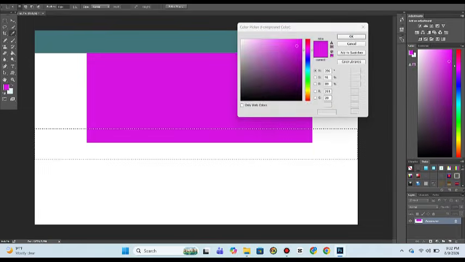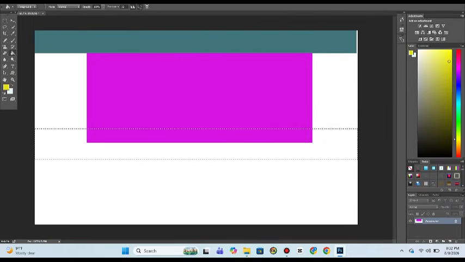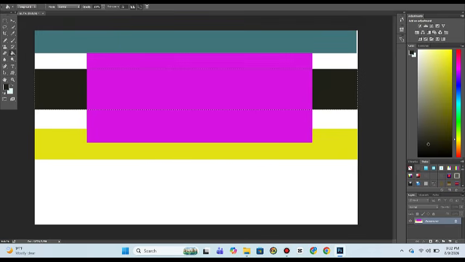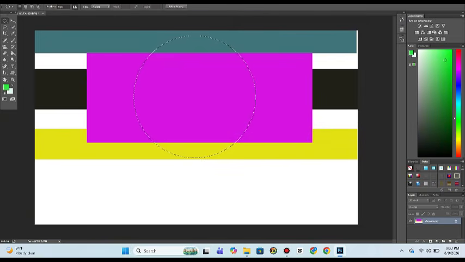Choose the position. Outside places the border around the element's edge. Inside places it within. Center splits it across. For product photography borders, use outside at 2 pixels with a white stroke. It separates the product edge cleanly from any background. Change the fill type from solid color to gradient for a premium metallic border effect used in luxury brand design.